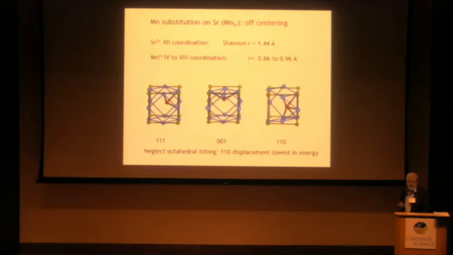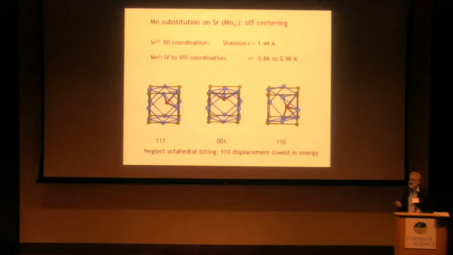It's more interesting when you do manganese substitution for strontium. So if you look at the Shannon ionic radii, it shouldn't even happen because the radius of manganese is so much smaller than strontium. Nonetheless, if you grow it under strontium-poor conditions, you do get manganese substitution on the strontium site. And so you have to look at the possibility that it off-centers to lower the energy. And it certainly does. So if you just naively start with cubic symmetry and relax it in different directions, you'll find an order of lowering energy.